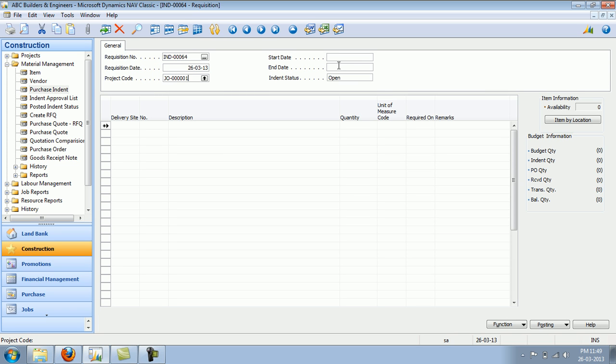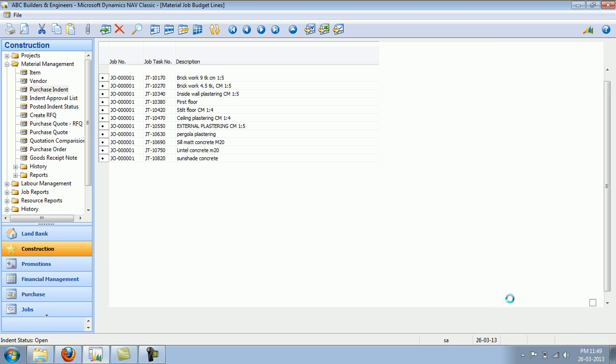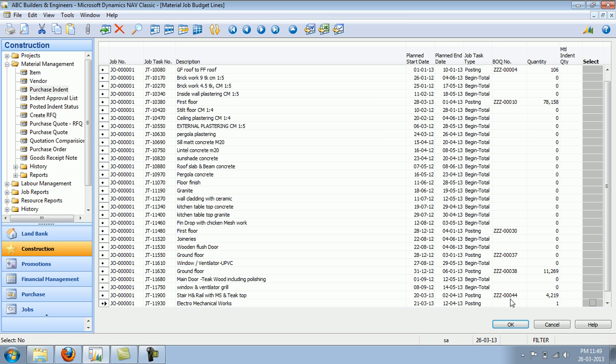Specifying the project code, I can specify the start date and the end date to filter those activities which fall under this particular timeline. Okay, now the system has filtered those activities which fall under this particular period,